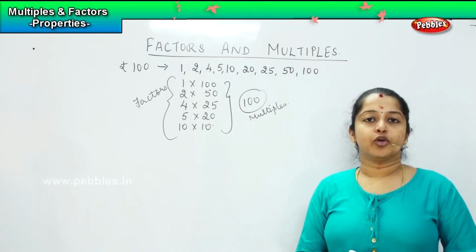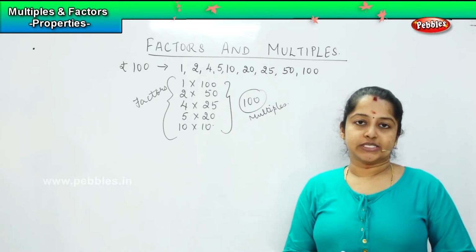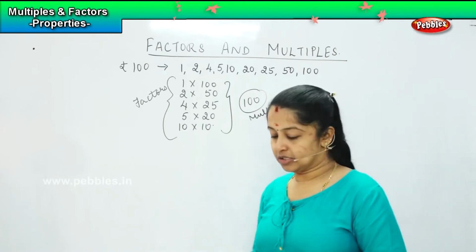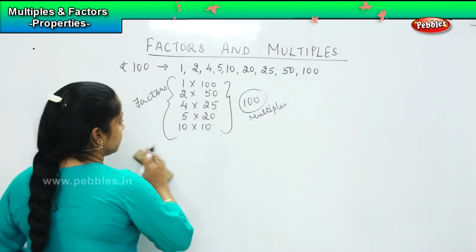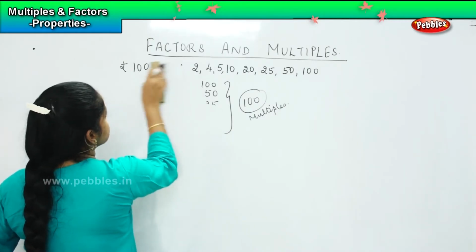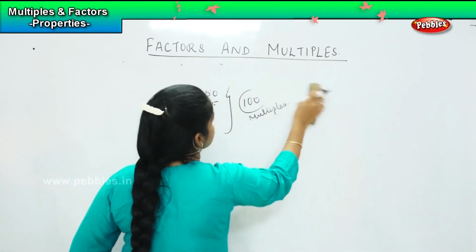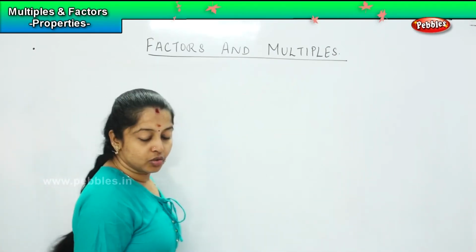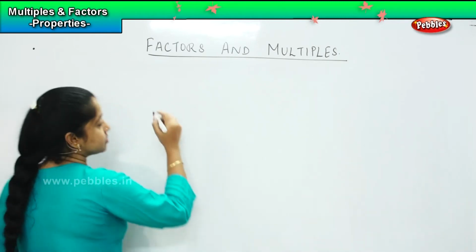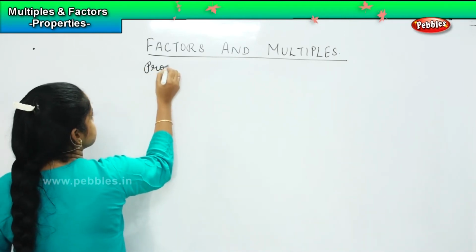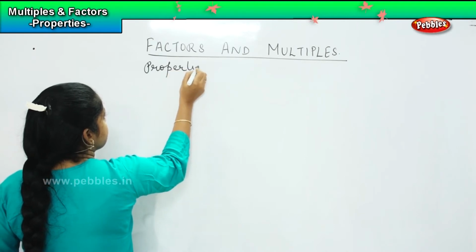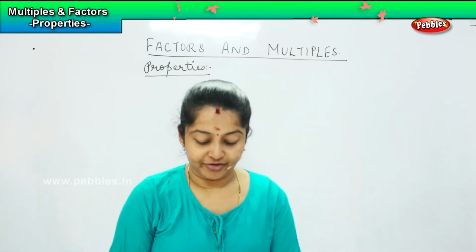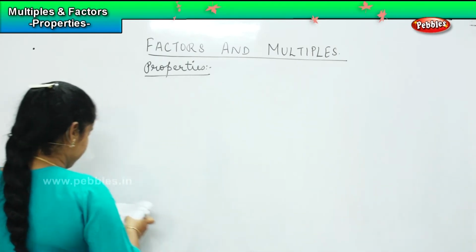Now I am going to deal with the next topic, which is the basic properties of factors and multiples. Let us quickly learn the properties of factors. Based on these rules, we will be solving our sums in today's class. So the next topic for us is properties. The first property of the factor is